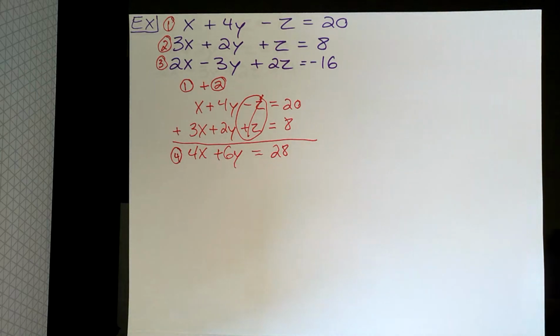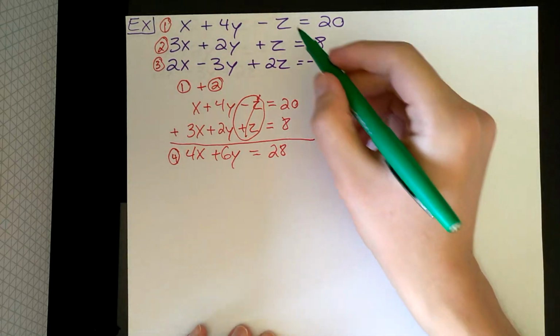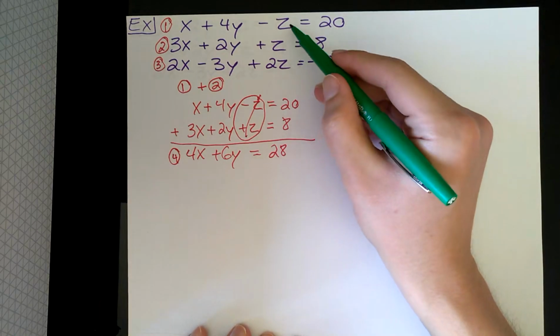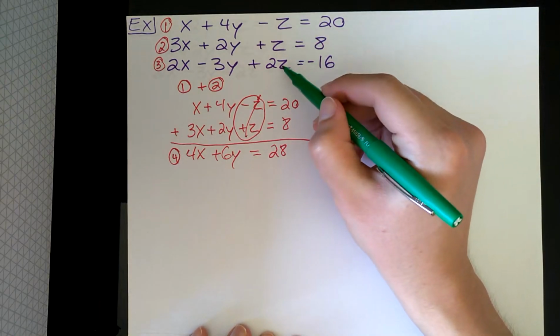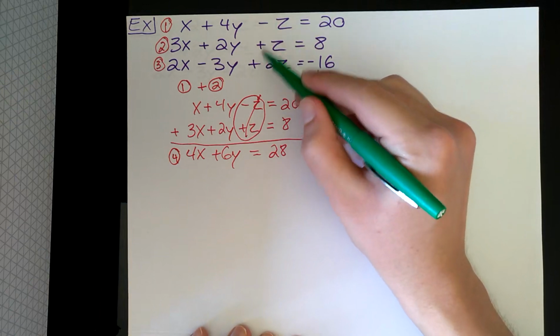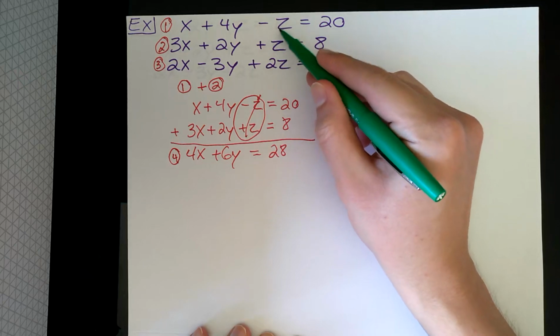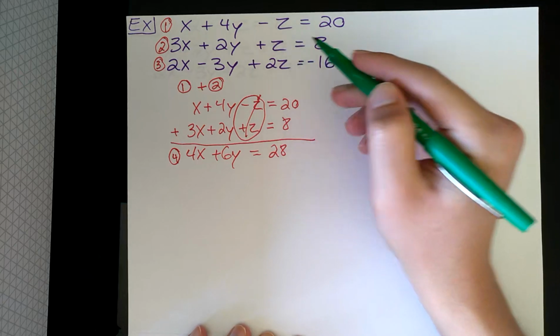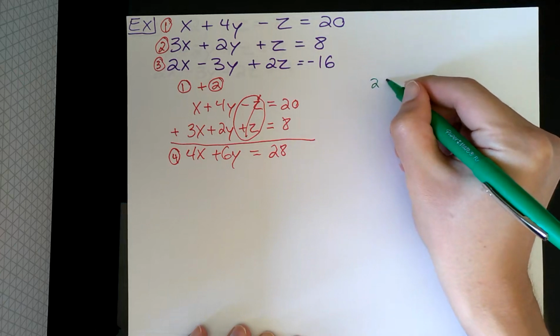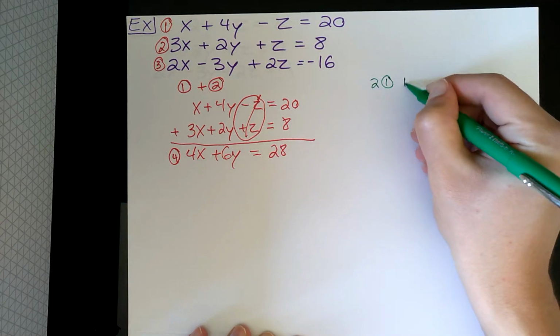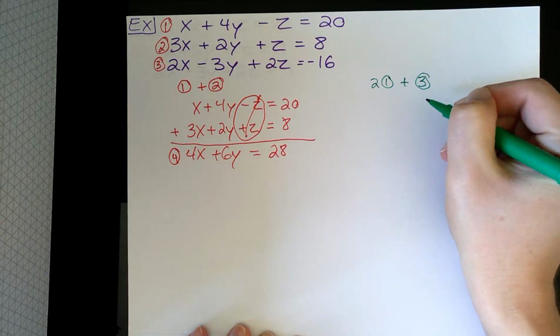Okay, so from here, we now need to find a second pair of the equations to add together to cancel out z again. We have to cancel z both times we do this. So in this case, the next easiest pair to eliminate would be equation 1 with equation 3, because they already have opposite signs. You won't have to multiply by a negative. You will have to multiply equation 1 by a 2 though. So we'll say 2 times equation 1 plus equation 3